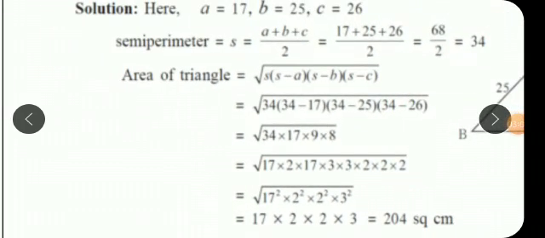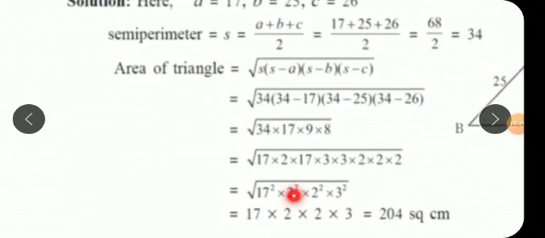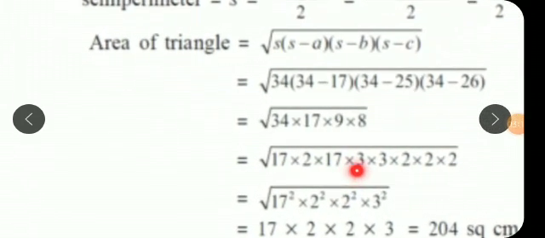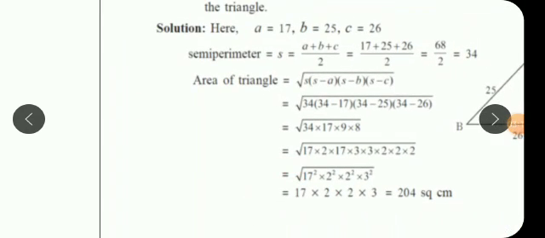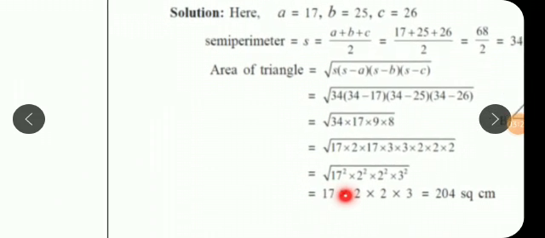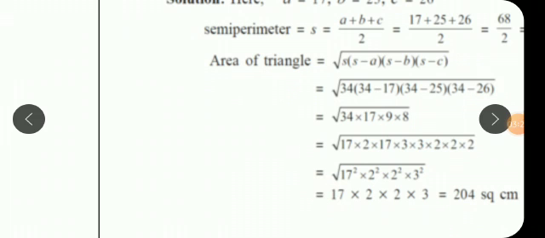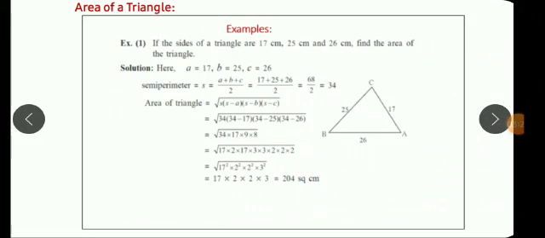Now the next factors: here we get 17 two times. So under root 17 square, then 2 we get 2 more times, 2 square into 2 square, and 3 we get 2 times, that is 3 square. So taking out square root and square, they cancel and we get 17 into 2 into 2 multiplied by 3. So what is the area then? 204 square centimeter. So in this way we have found the area of triangle is 204 square centimeter. So this is the first example. Have you understood children? Now see the next example.